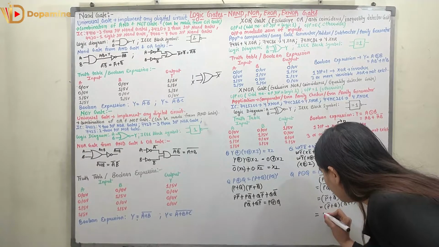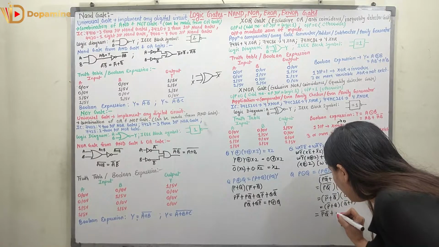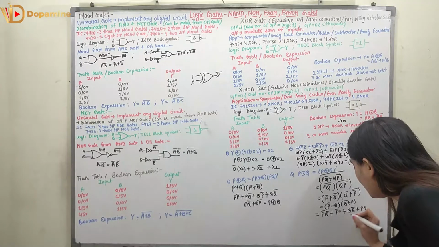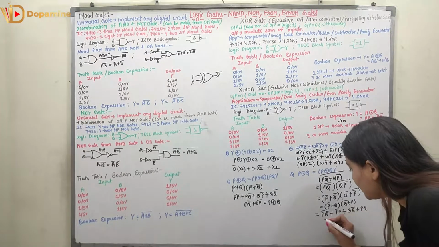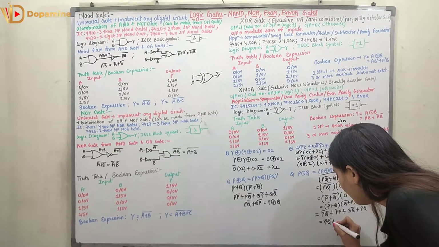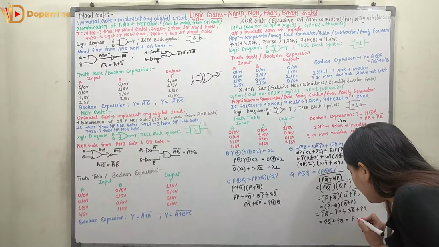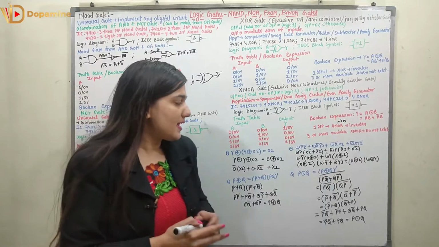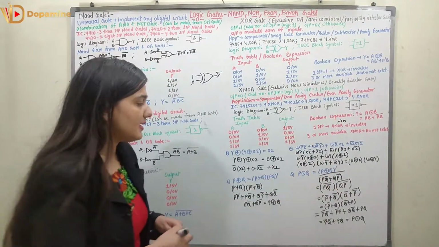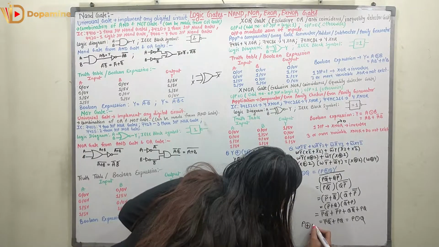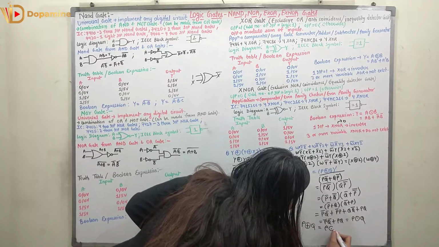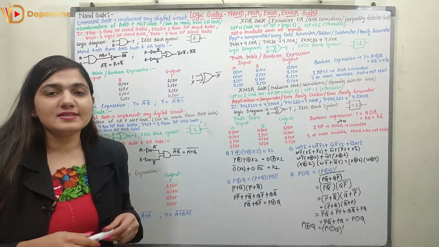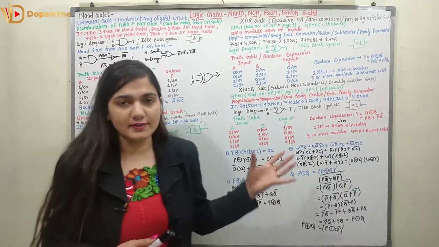Again I am going to open it up. So it is P bar Q bar plus P bar P plus Q Q bar plus PQ. So P bar into P and Q into Q bar are 0. I am left out with P bar Q bar plus PQ. It is P XNOR Q. So I can prove that P XNOR Q is P XOR Q complement, or inversely I can also write P XOR Q is equal to P XNOR Q whole complement. You can prove this one also. So you can remember this as an identity also. It can be useful for you for other questions as well.